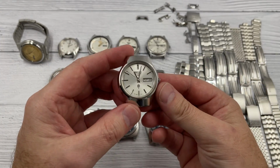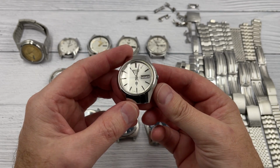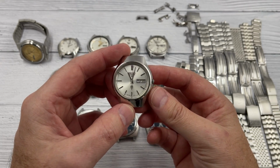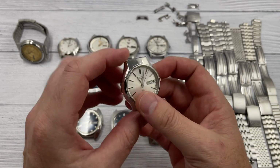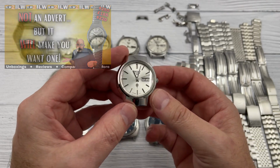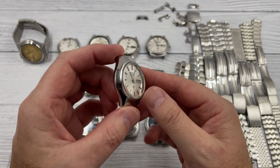This is another absolute beauty. This one isn't in new old stock condition. The crystal is a little bit sort of scratched up, as is the case. There are a few marks on it. But this is a Seiko QR. I bought one of these new old stock quite a while ago and produced a video on this watch. The movements inside of these watches are incredible. It is the first mass-produced quartz movement, and they were